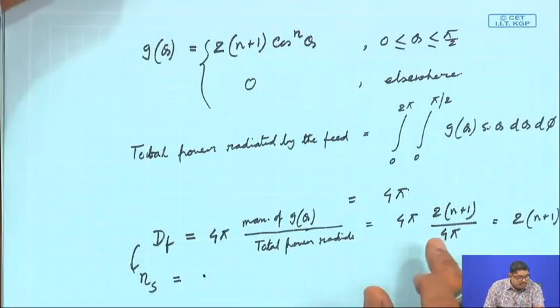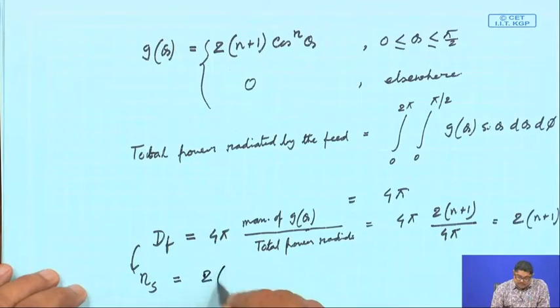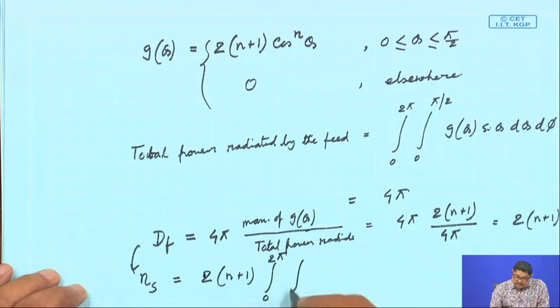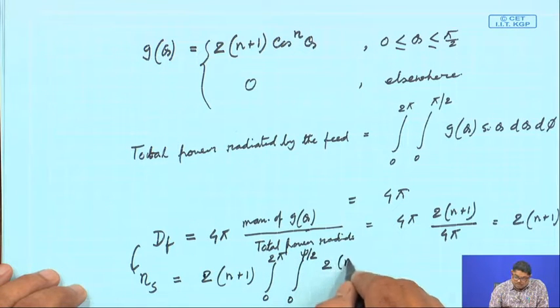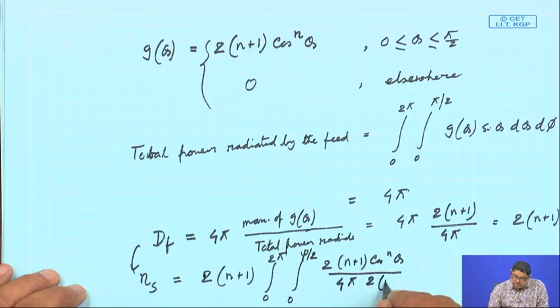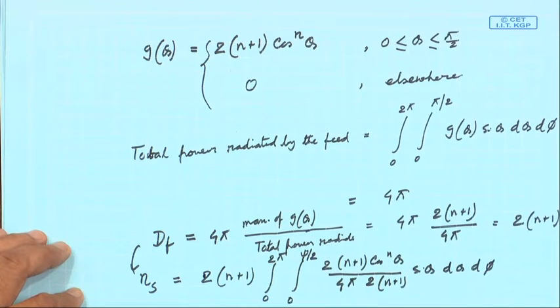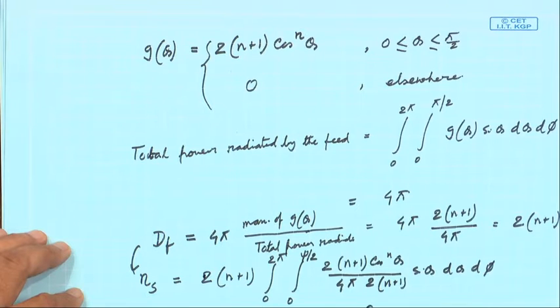So, you can put it, it will be the integral 0 to 2 pi, 0 to psi by 2, of 2n plus 1 cos n theta by 4 pi into 2n plus 1 sin theta d theta d phi. This can be easily integrated,